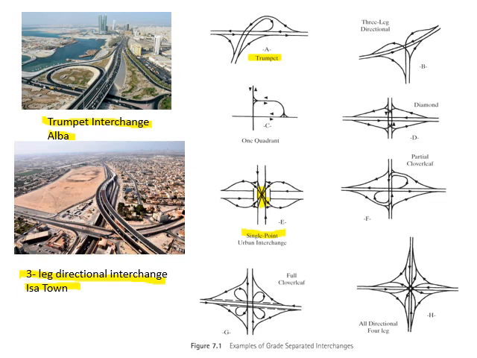So the examples which I found in Bahrain, one of them is for Elba roundabout, which is a trumpet. You can see the shape and you can match it with this one, trumpet. And this one is a three-leg interchange at Isa Town. So you have one road going like this and the other ones are crossing this. So it's something like a three-leg interchange.